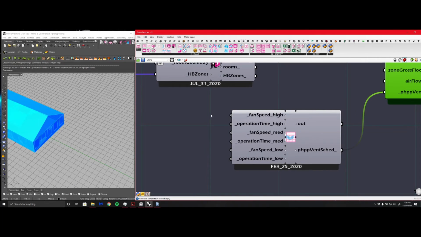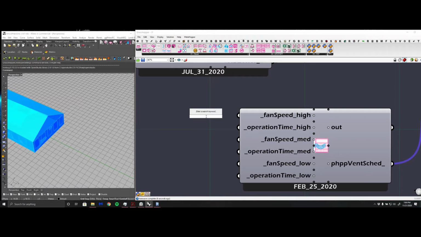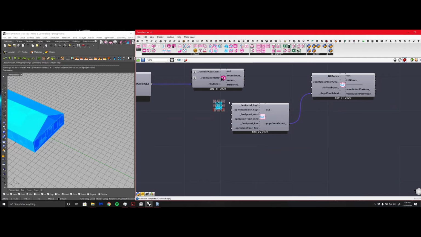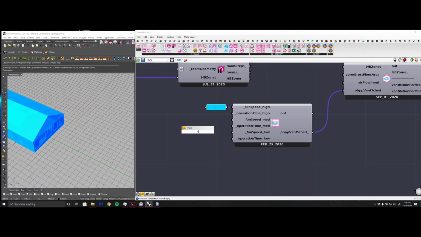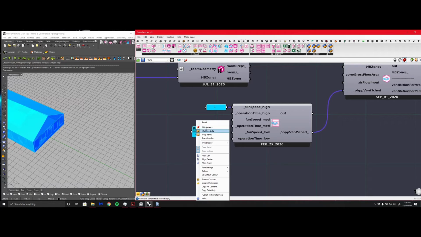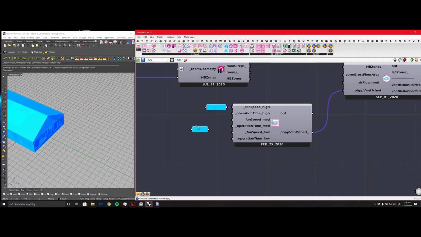Now fan speed high, we'll do it 1 because that's 100%. And then fan speed medium 0.5. Now for the time, we are getting,